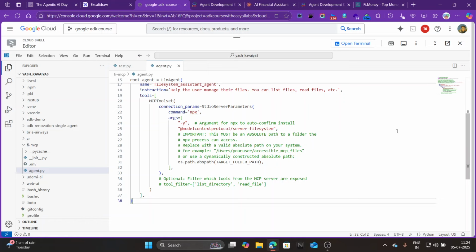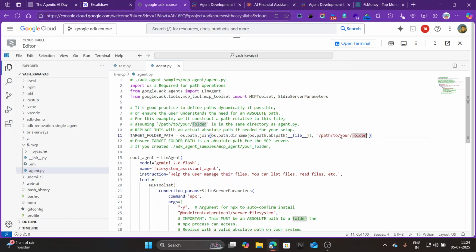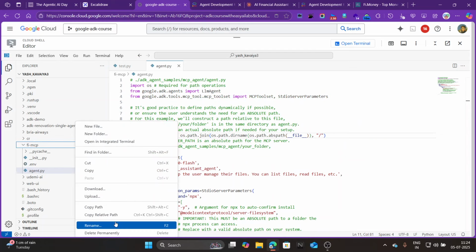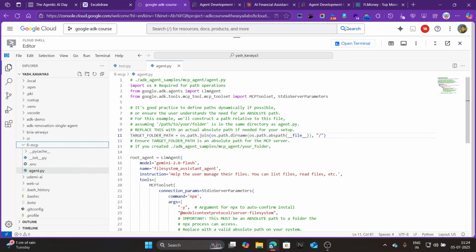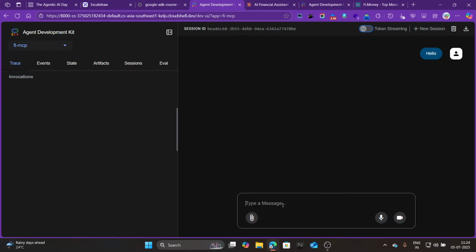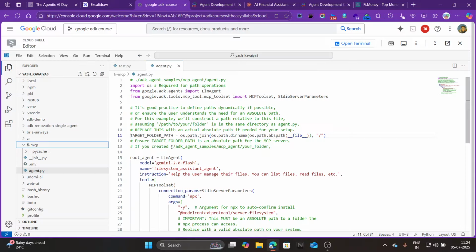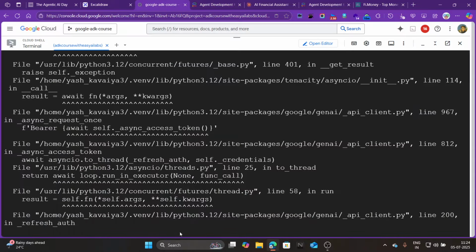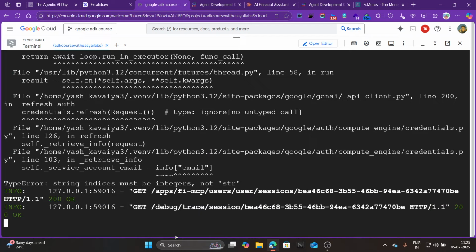Let's see here: if I change my path and copy the 5 MCP path, and if I say hi, it will give an answer or not. We need to run this MCP server again, or let's see if we are able to get an answer or not.